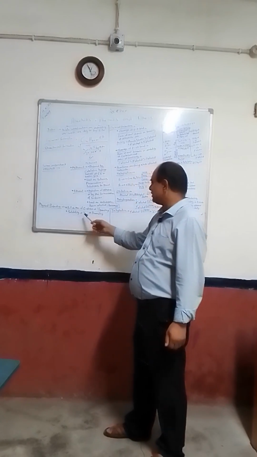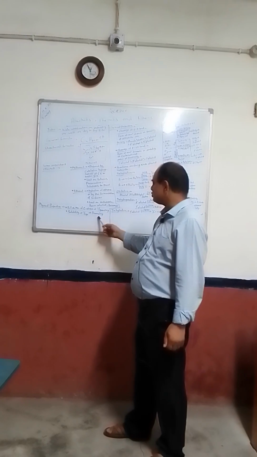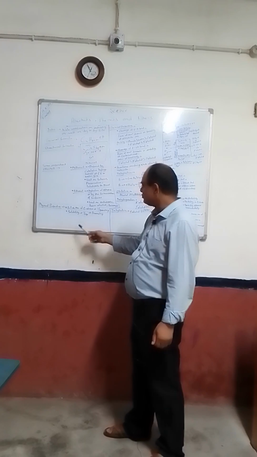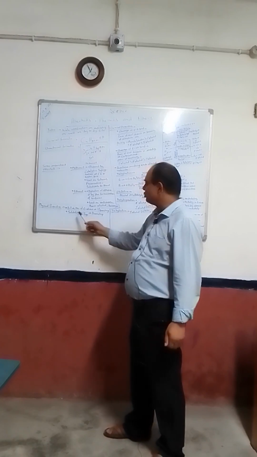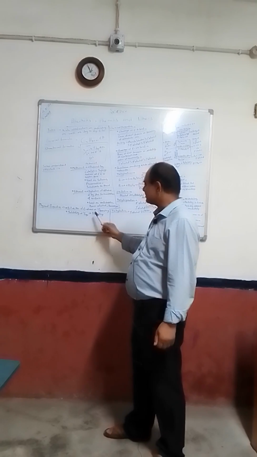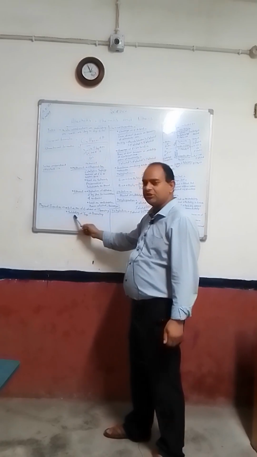Solubility is directly proportional to the branching and inversely proportional to the size. So, if the size increases, solubility and branching both decrease. If branching increases, then size decreases and solubility increases.